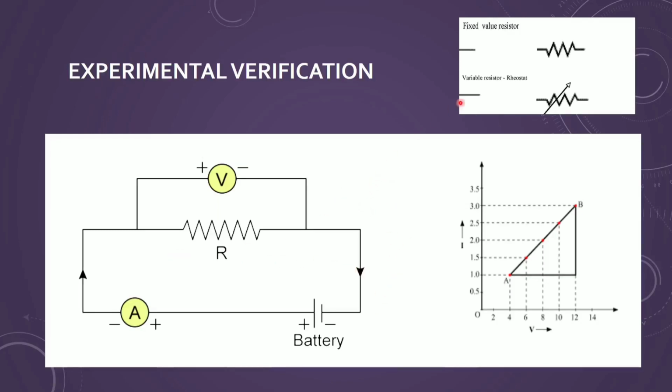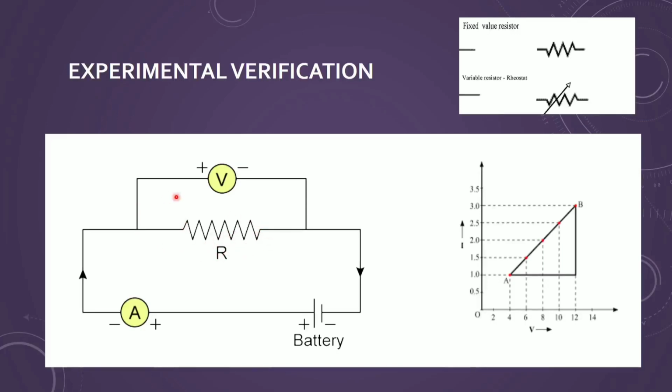This is the symbol for the resistance, and for a variable resistance we simply put an arrow on it, which shows the symbol for the variable resistance. A rheostat works as a variable resistor, and when no arrow is put, this is a fixed resistor. So whatever conductor we have taken offers some resistance, so I can replace that conductor here by R, the resistance offered by that conductor.